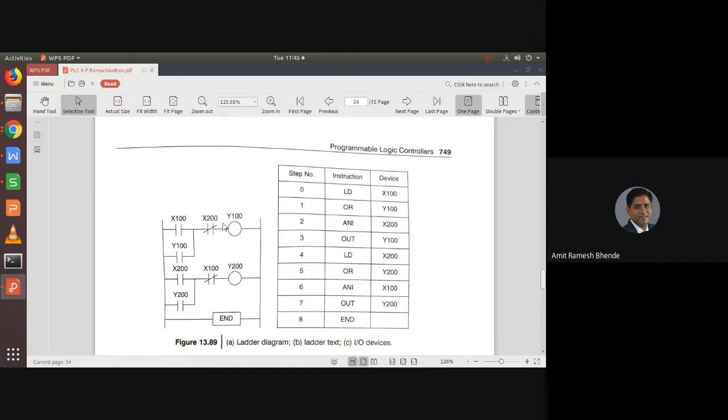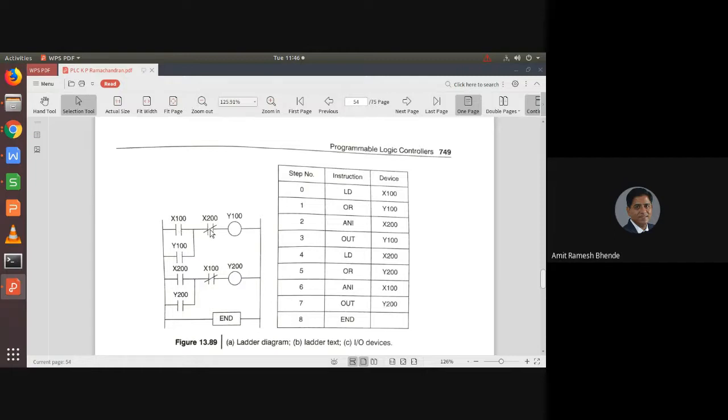और सिमिलरली जो दूसरा इनपुट डिवाइस है वो यहाँ पे नॉर्मली क्लोज रखा है। ओके, ये नॉर्मली क्लोज है, तो पहले रंग में सारे इनपुट डिवाइसेस आते हैं। तो यहाँ पे जितने भी इनपुट डिवाइसेस हैं, जैसे कि दो इनपुट डिवाइसेस हैं x100 और x200, ये दोनों फर्स्ट रंग में दिखेंगे। फर्स्ट रंग में आपको सारे इनपुट डिवाइसेस जनरली दिखते हैं। तो यहाँ पे दो इनपुट डिवाइसेस, फर्स्ट रंग में आपने दोनों इनपुट डिवाइस रखा, एक नॉर्मली